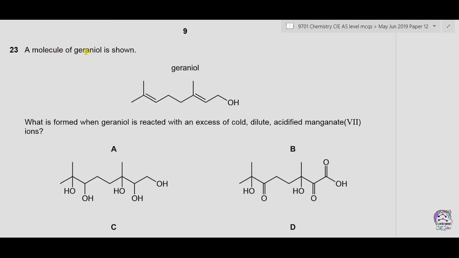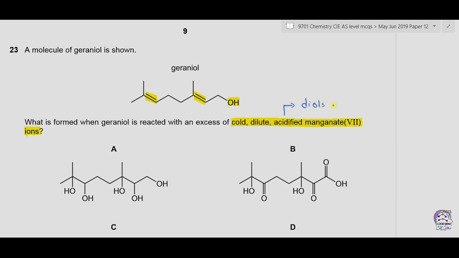Question number 23. A molecule of geraniol is shown. You can see that we have 2 double bonds and 1 hydroxyl group attached at the end. What is formed when geraniol is added with excess of cold dilute acidified manganate ions? So you have to remember that whenever cold dilute acidified manganate ions is added to an alkene, what happens is that